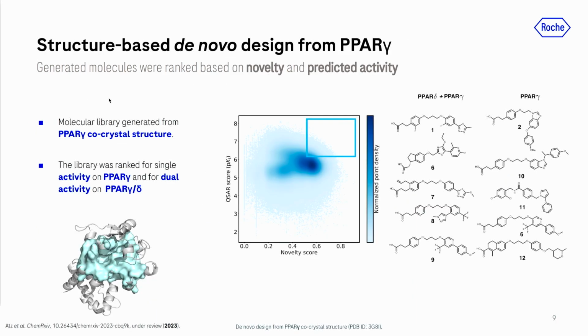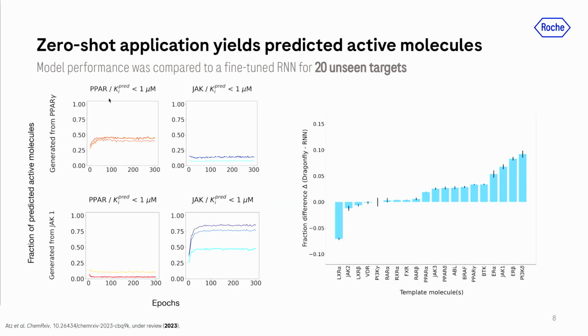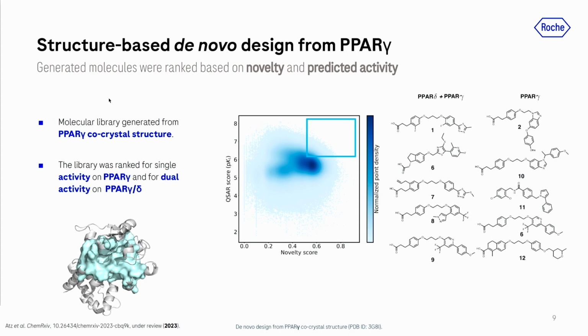So having this model in hand, we wanted to prospectively apply it. We used the same training procedure by leaving out these 20 targets shown before during training, and we applied it to one of the targets, namely PPAR gamma. We used the PPAR gamma co-crystal structure as an input, without any ligand, just the binding pocket, and generated a library of 300,000